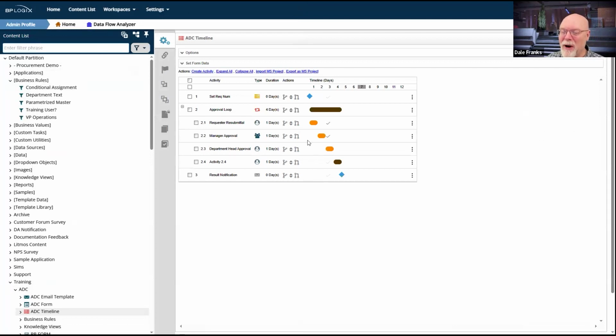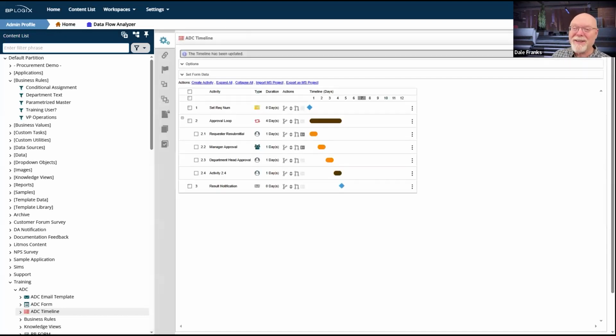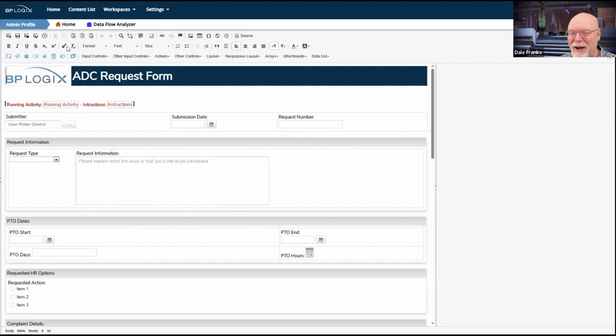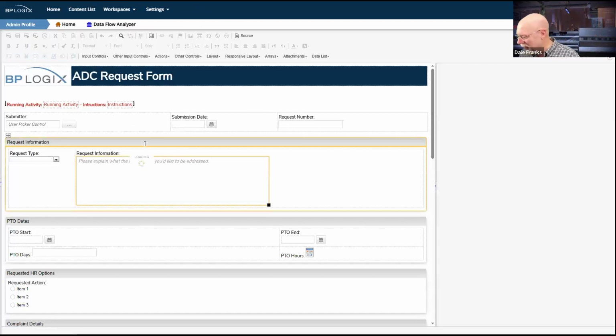I said, hey, run this if I say exclude manager. So I click exclude manager and process director says, oh, you really, really want the manager to see this, don't you? No, I do not. So let's update our process timeline after having changed that condition. And let's do a quick restart of the process.